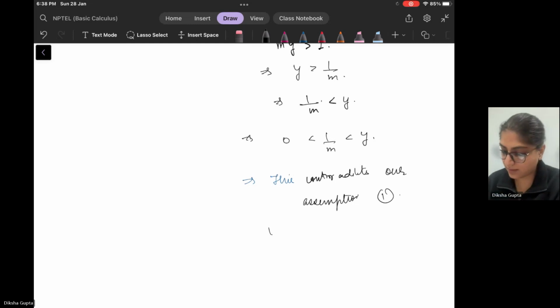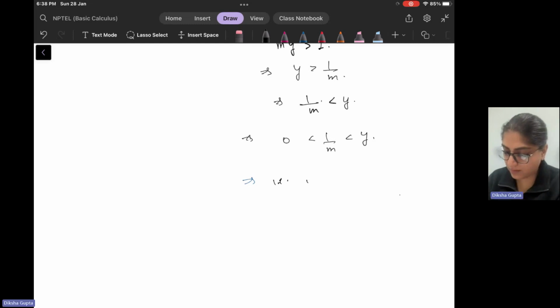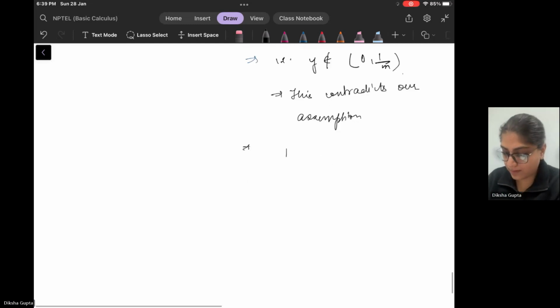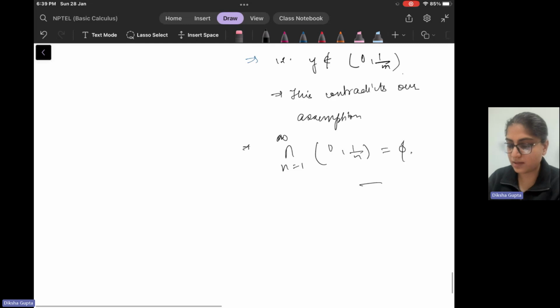That is, y does not belong to (0, 1/m). This contradicts our assumption, which implies that the intersection for n equals 1 to infinity of the intervals is nothing but an empty set. Okay,